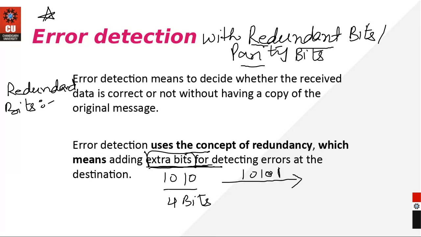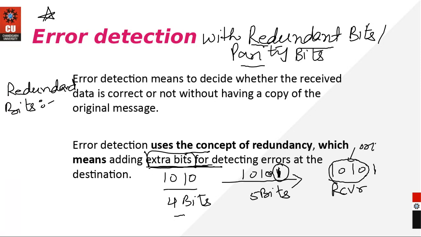There will be some extra bit. Let's assume my algorithm attaches only one single bit along with it. 4 bits are there in the original data, and 5 bits will be traveling over the channel. On the receiver side, 5 bits will be received. What will the receiver do? The receiver will fetch and accept this original data if there is no error. How will the receiver get to know about it? By using this particular parity bit. I will explain how, but you have understood this much.